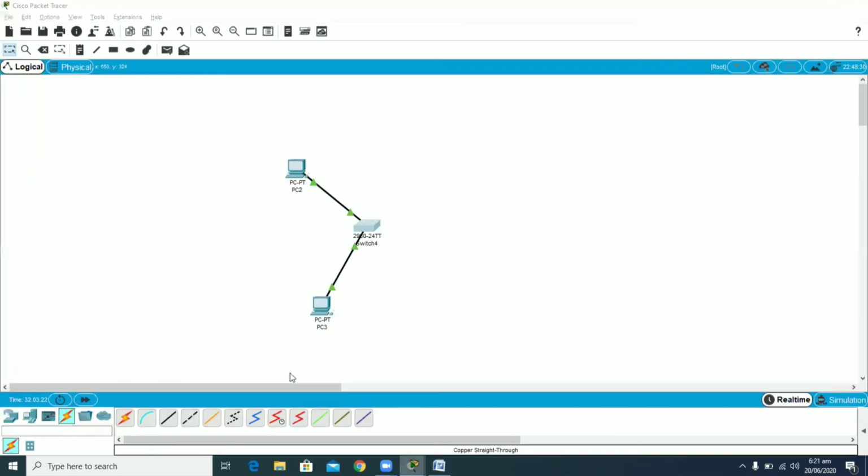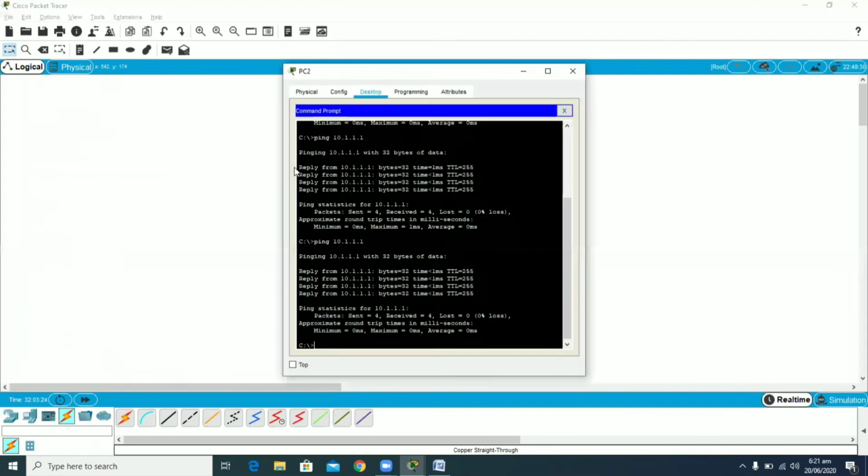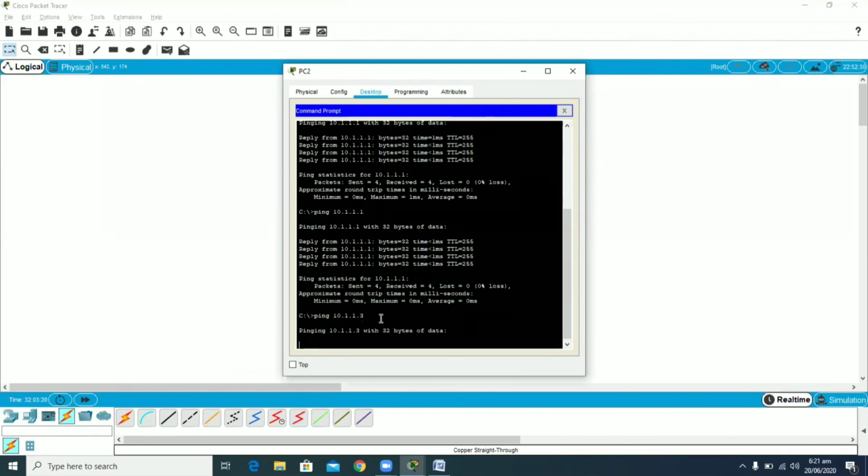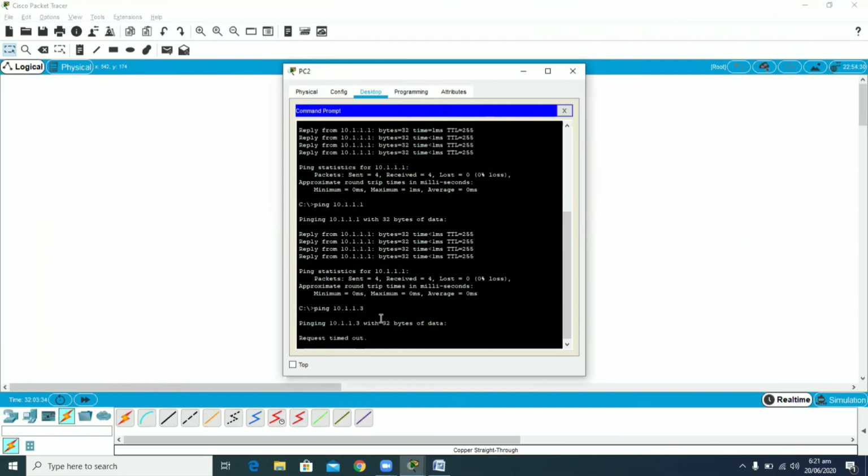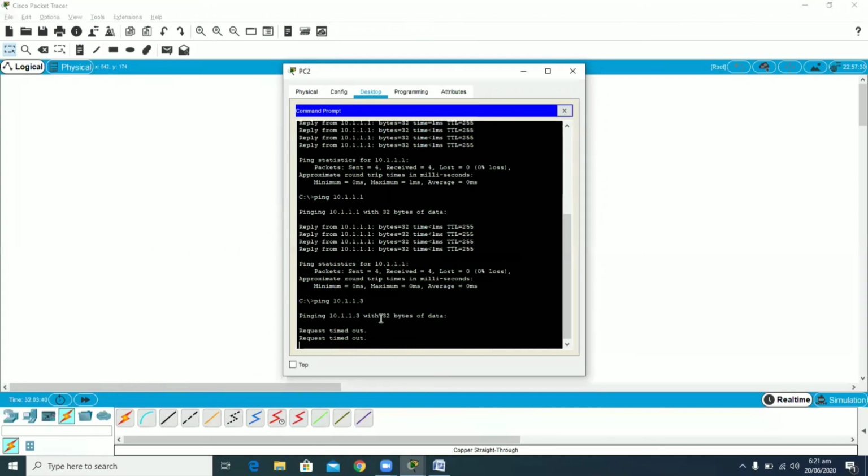So if you perform activity between these two switches by simply pinging each other, then inshallah there will be MAC addresses available to you for both the PCs in your MAC address table.